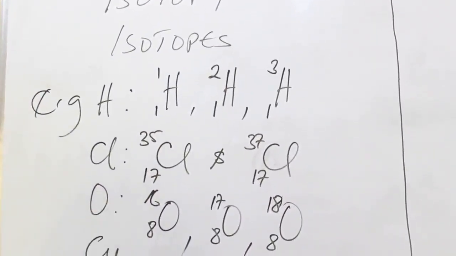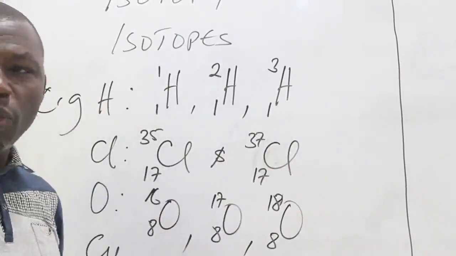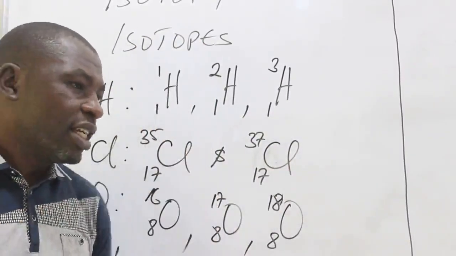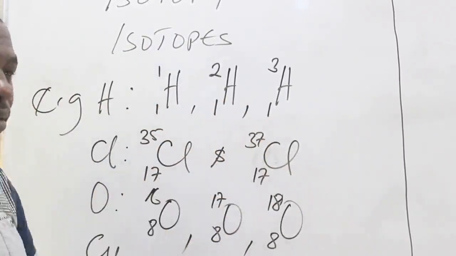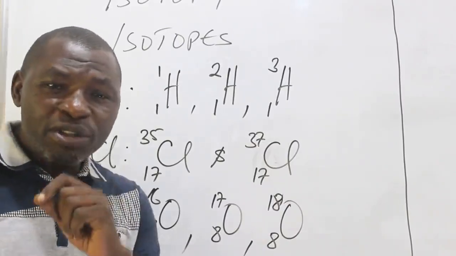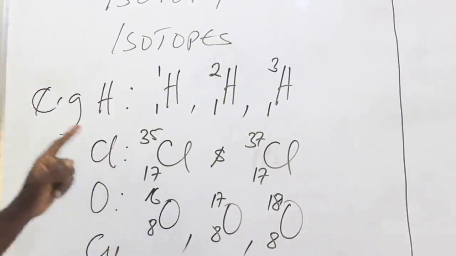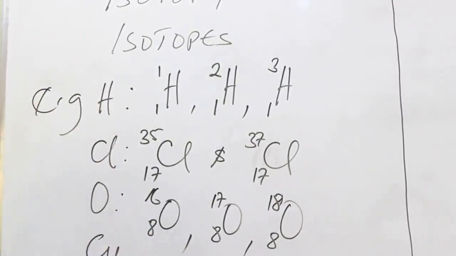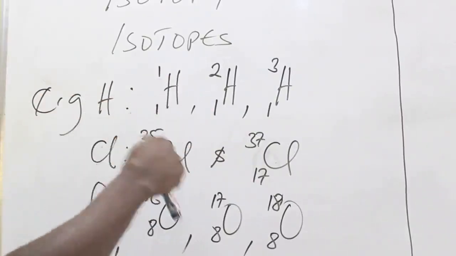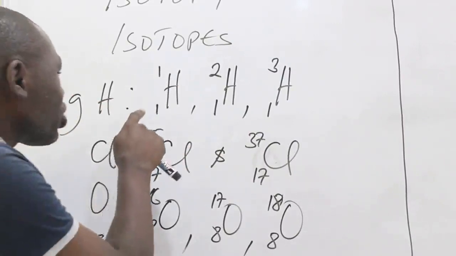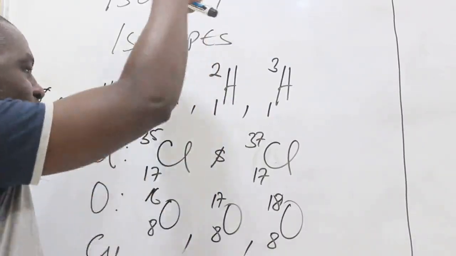If I ask you, what is responsible for the difference in their mass numbers? What will you say from last week's lesson? If you look at them now, what will you say is causing the differences in their mass number? Did I hear you say the difference in the number of neutrons? You are correct. Because last week we said that mass number is the sum of protons and neutrons in the nucleus of an atom. And since atomic number is the number of protons, and mass number is protons plus neutrons,